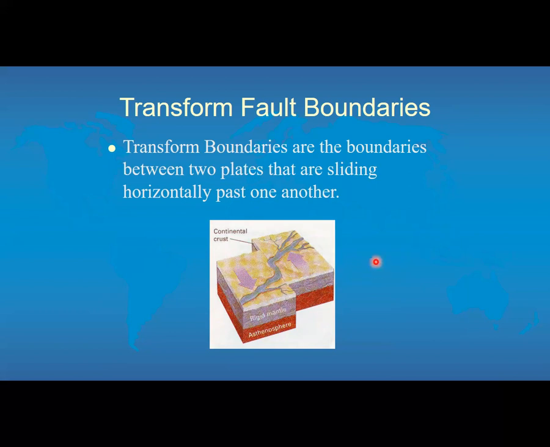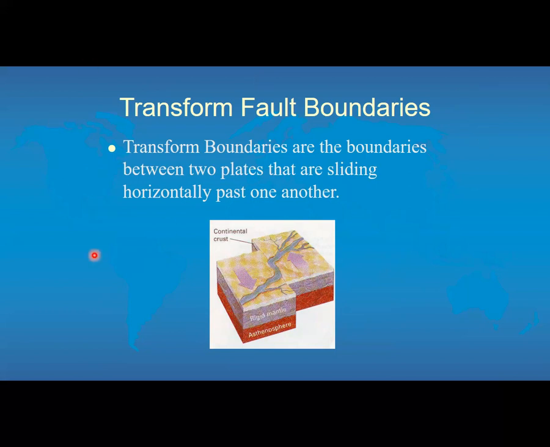If a river crosses one of these boundaries, a lot of times it will just kind of dogleg like that. It'll kind of be going one way, push up, and then go the other way. It wasn't that this is naturally occurring. That river was at one point in time straight, but because the plates have moved in opposite directions, they kind of stretched that river out. So it's no longer one straight line.